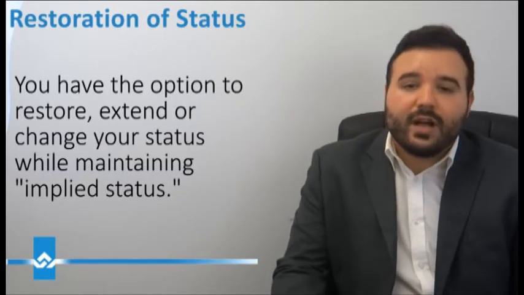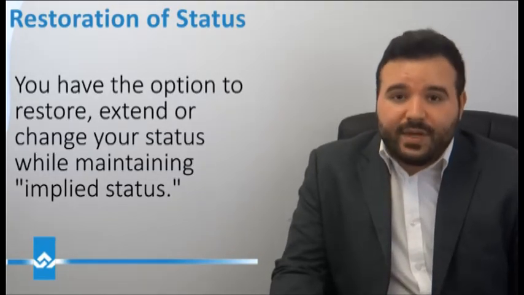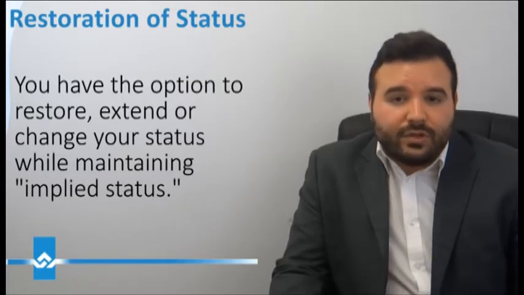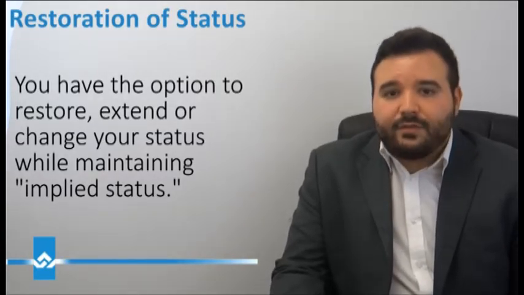So you essentially have these 90 days to apply for what's called a restoration. This means that you're either applying to change your status from something like a visitor to a study permit or to a work permit, or you are applying to extend that status. So again, example, you're here on a visitor visa and you just want a little bit more time to visit with family, or you have an upcoming special event. Or at the same time, while you're here as a visitor, you've enrolled into a university and want to study. Therefore, you apply to change your conditions to either a visitor or study permit, and you're allowed to submit that application within those 90 days.